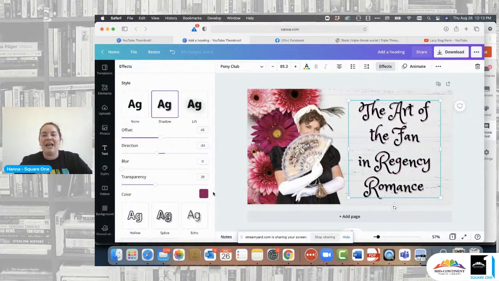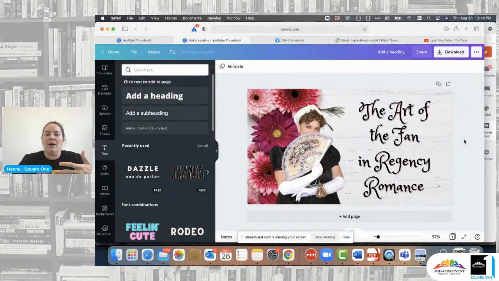But again, I'll repeat, you've just got to get in here and play around with some of this stuff and just know, here's your undo button. It's right here. It's your friend. If you mess something up, or you mess up a template or whatever, just hit that undo button until it's back the way you want it, and then play around from there. So don't be scared of it. But this would be something that we could put out as a thumbnail on social media, and people would potentially,